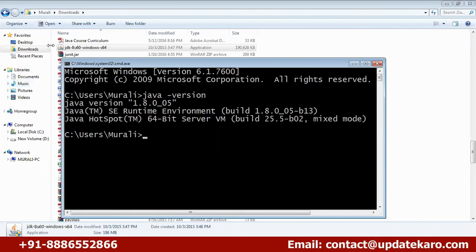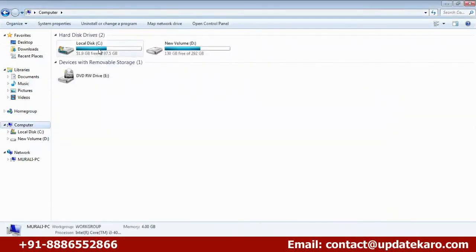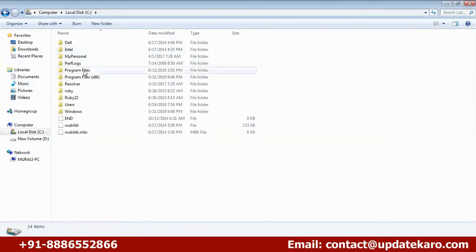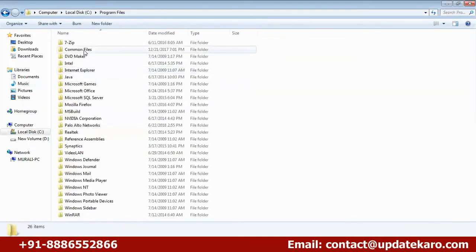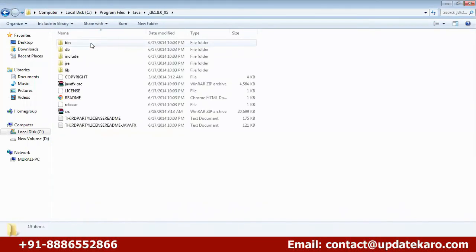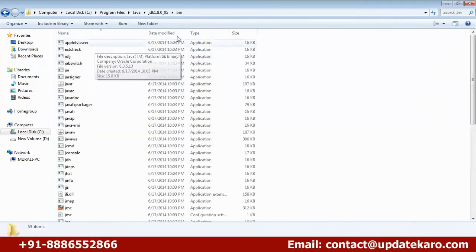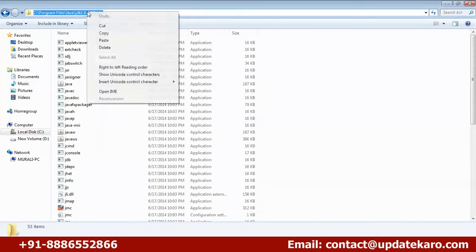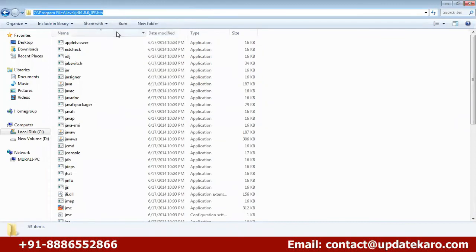Then after that, go to your C drive, program files, Java, JDK, and then the bin folder. So just go to this location: C drive, program files, Java, JDK, bin folder. Go here, copy this. Next, open your